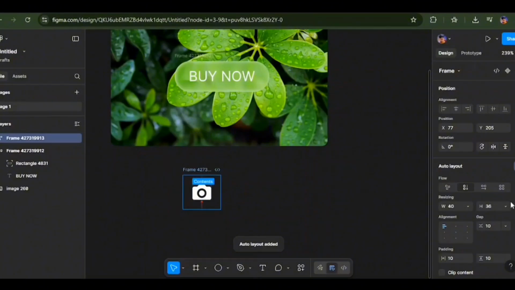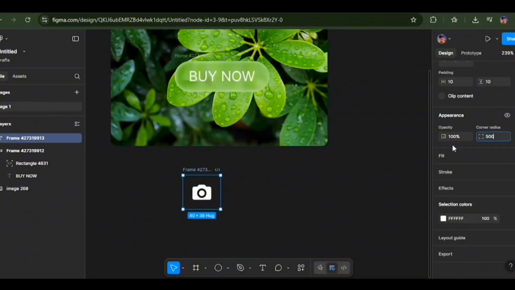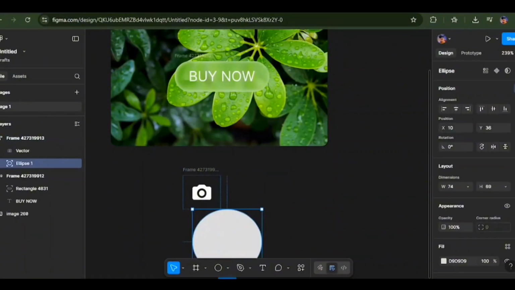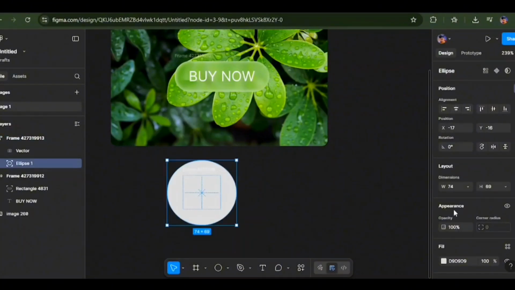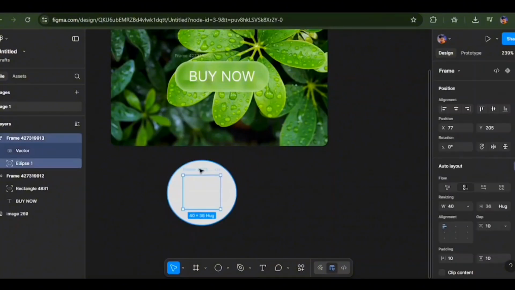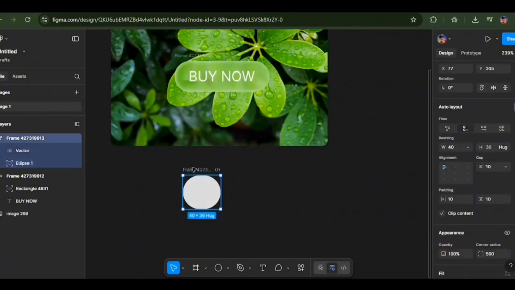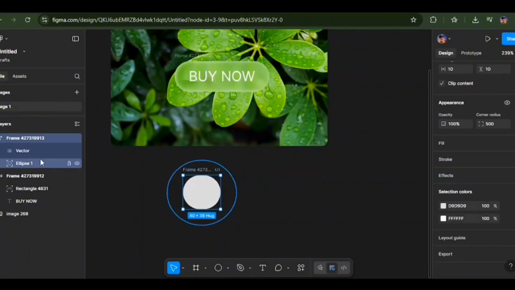I select it, create auto layout, and set the corner radius to 500 pixels. Create a circle, insert a frame, and align it centered. Ignore the auto layout, go to the frame and enable clip content. Okay, then go to the circle and apply the color white,